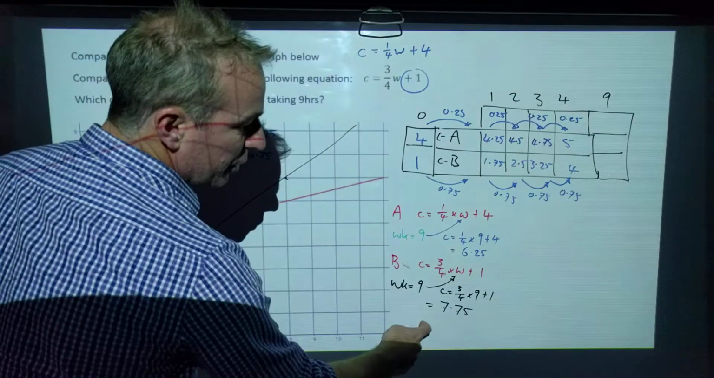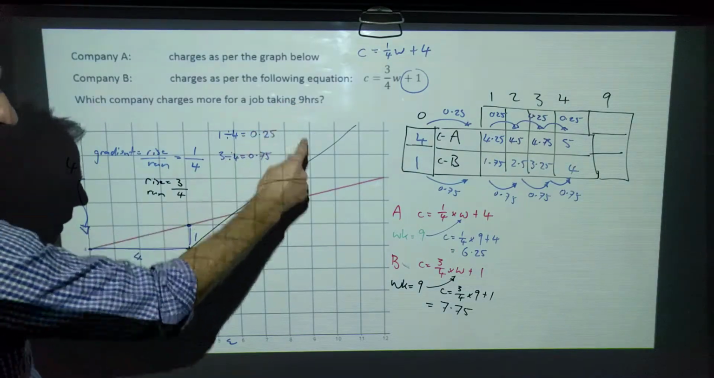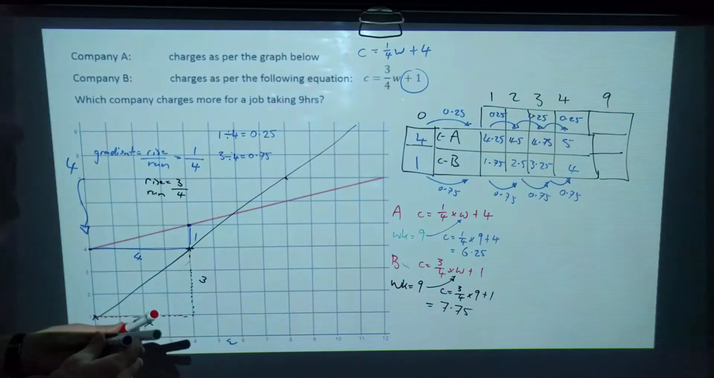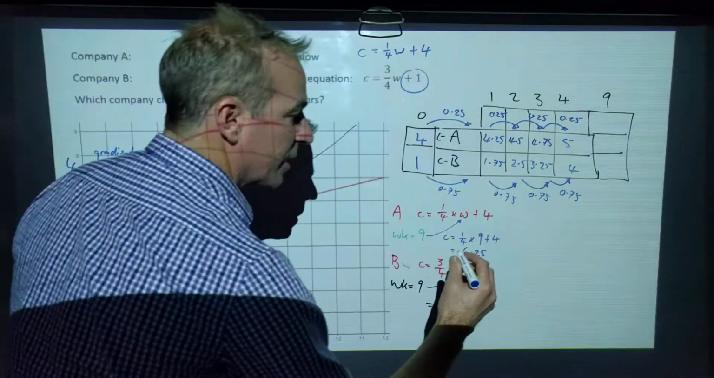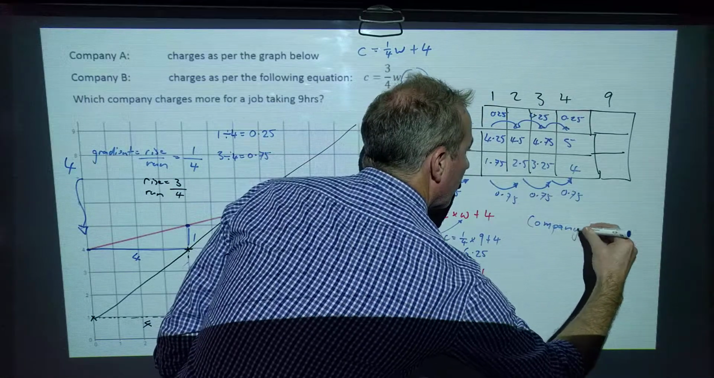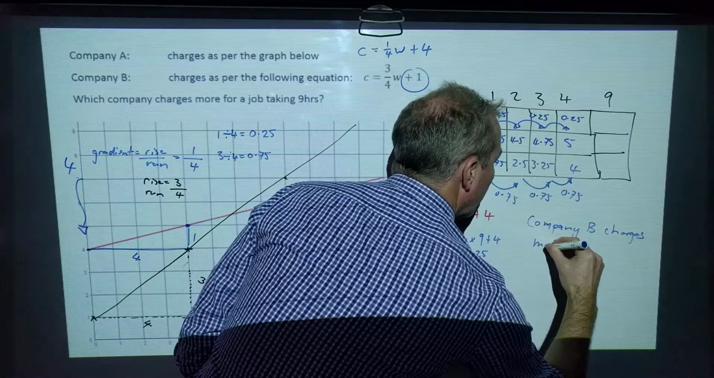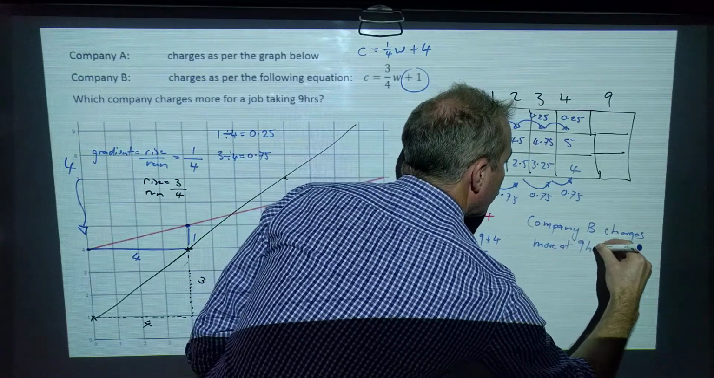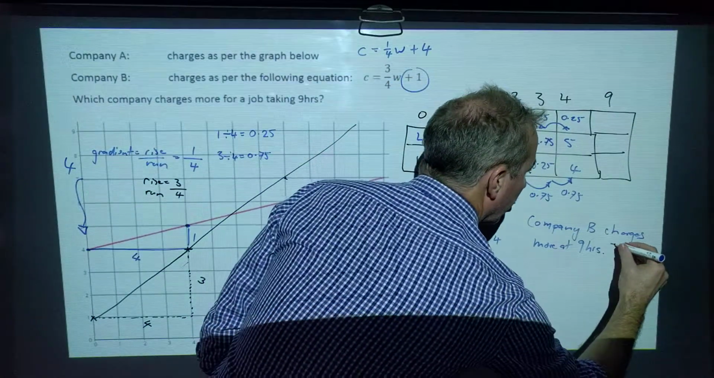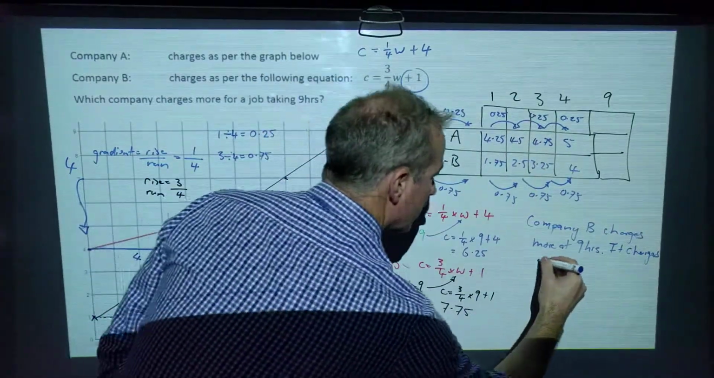We can then compare the two and we can say, so we've got to answer this question, a job taking 9 hours, who is costing more? Company B? So write a sentence that says, company B charges more at 9 hours, and say it charges $7